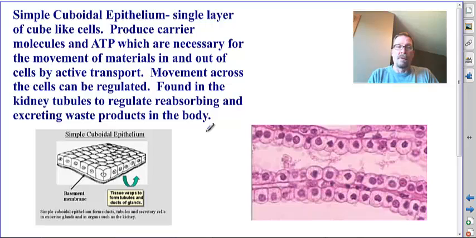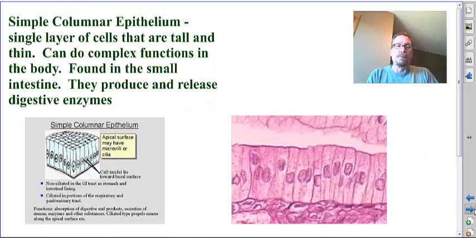These now have secretory functions, as you can see, found in kidney tubules to regulate reabsorbing and excreting of waste, etc., and movement of materials. And there's a good picture right there. Okay. Simple columnar cells, you can see, and again, basement membrane, apical surface, but you can see they're